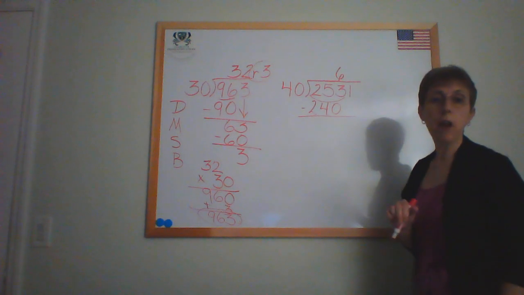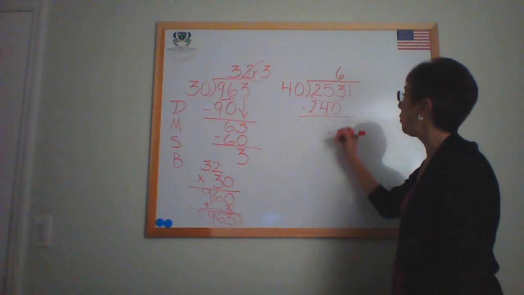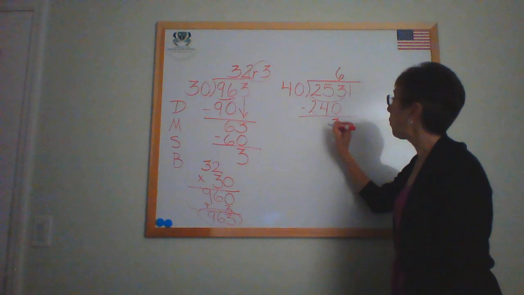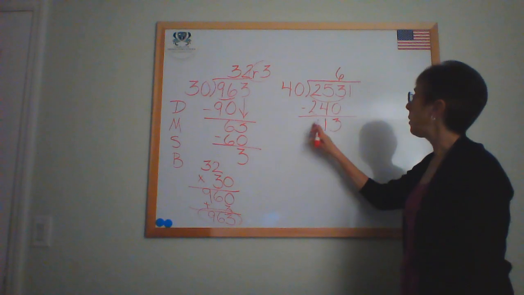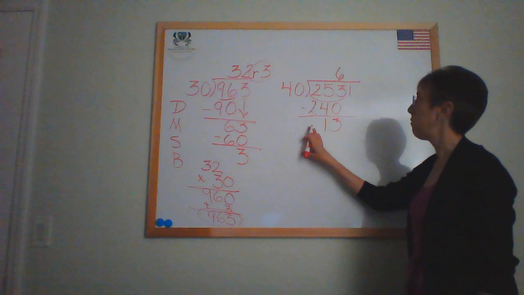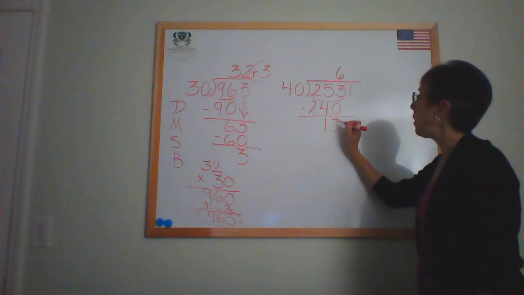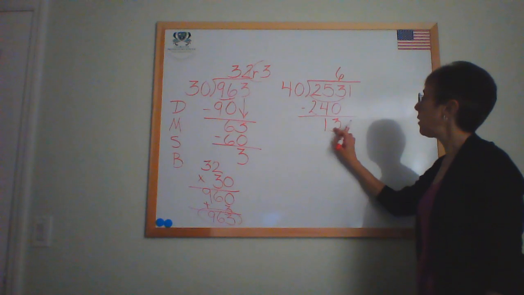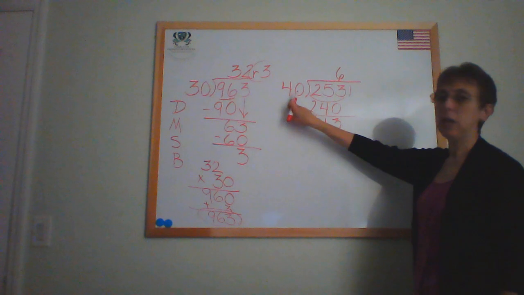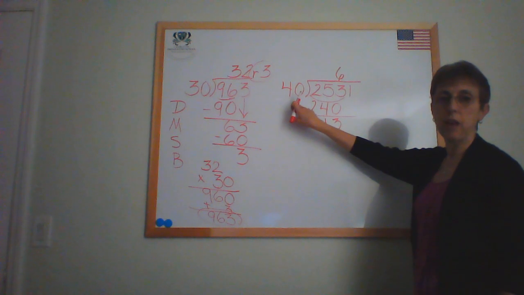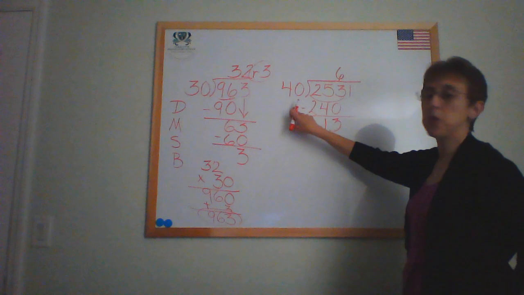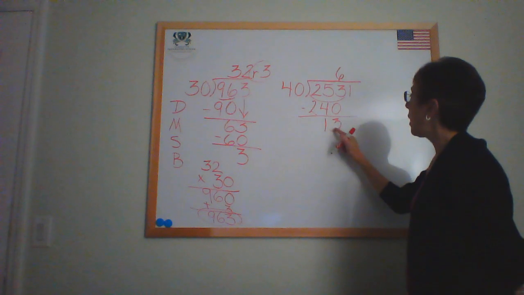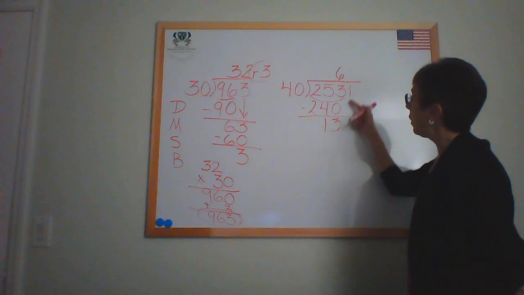So now you would subtract 253 minus 240. 3 minus 0 is 3. 5 minus 4 equals 1. 2 minus 2 equals 0. We don't need to put that 0 down in front. And remember that as you are subtracting this number and you get your answer, this number always needs to be less than your divisor. If it's not less than the divisor, then that means you didn't go high enough up here in the quotient. Okay, so now we have this 13,